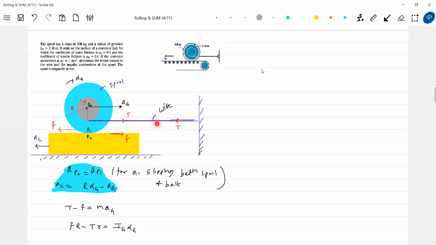I'll take help of this wire. The acceleration of this point should be equal to the acceleration of the other. What is the acceleration of this point? The acceleration of this point should be 0. So let me proceed like this. This is P3, and let me take this as P4. The acceleration of point P3 along the x-axis should be equal to the acceleration of point P4. The acceleration of point P4 must be 0. So the acceleration of point P3 along the x-axis must be 0. Any reason? Things should be taut and inextensible.